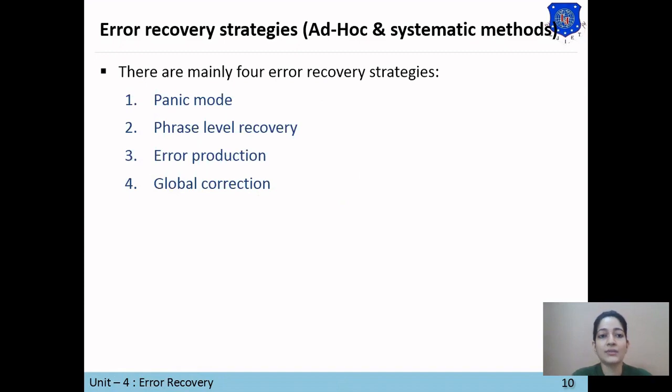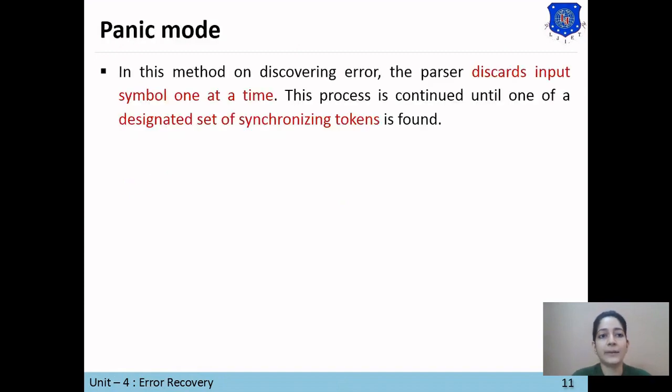Okay. So first one is panic mode recovery. In this method, on discovering an error, the parser discards the input symbols one at a time. This process is continued until one of a designated set of synchronizing tokens is found.